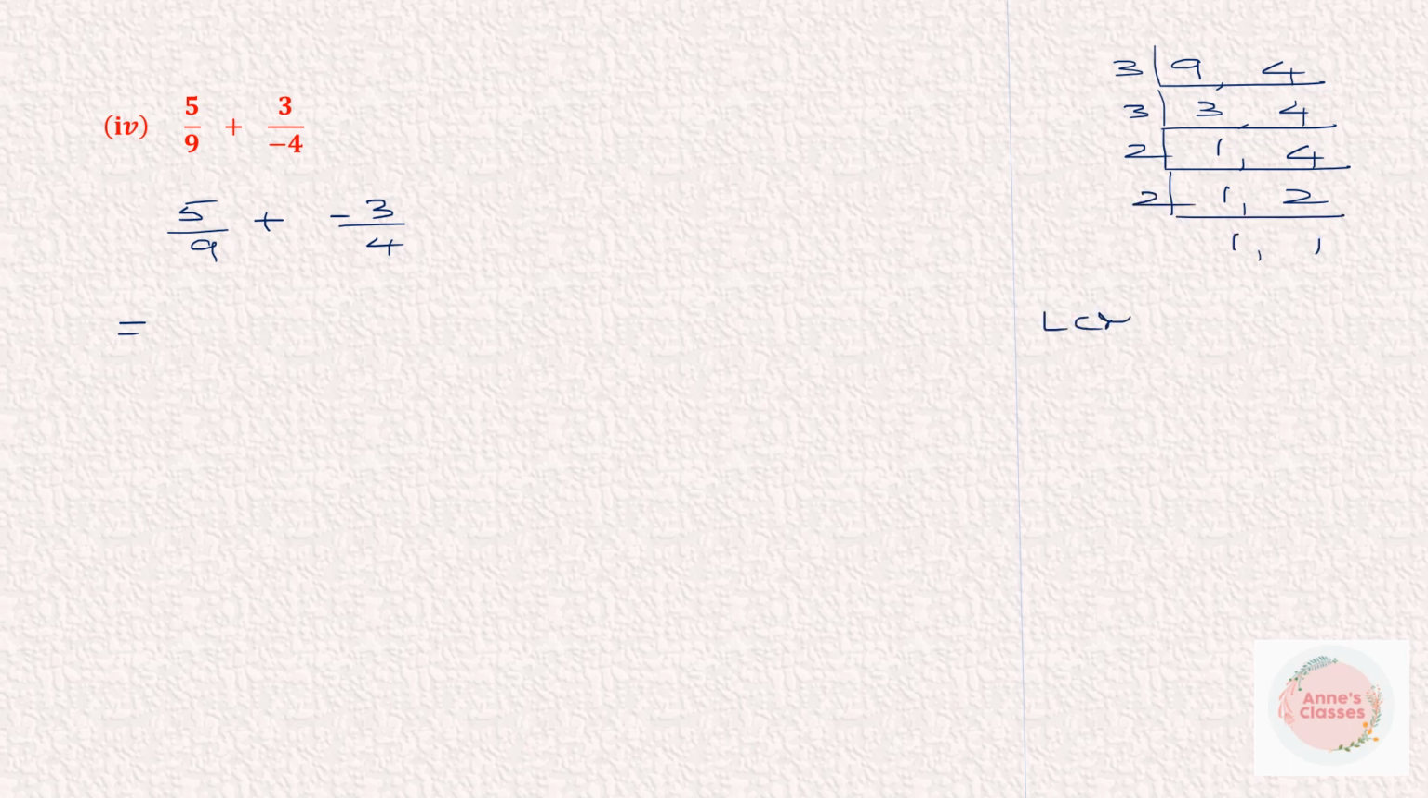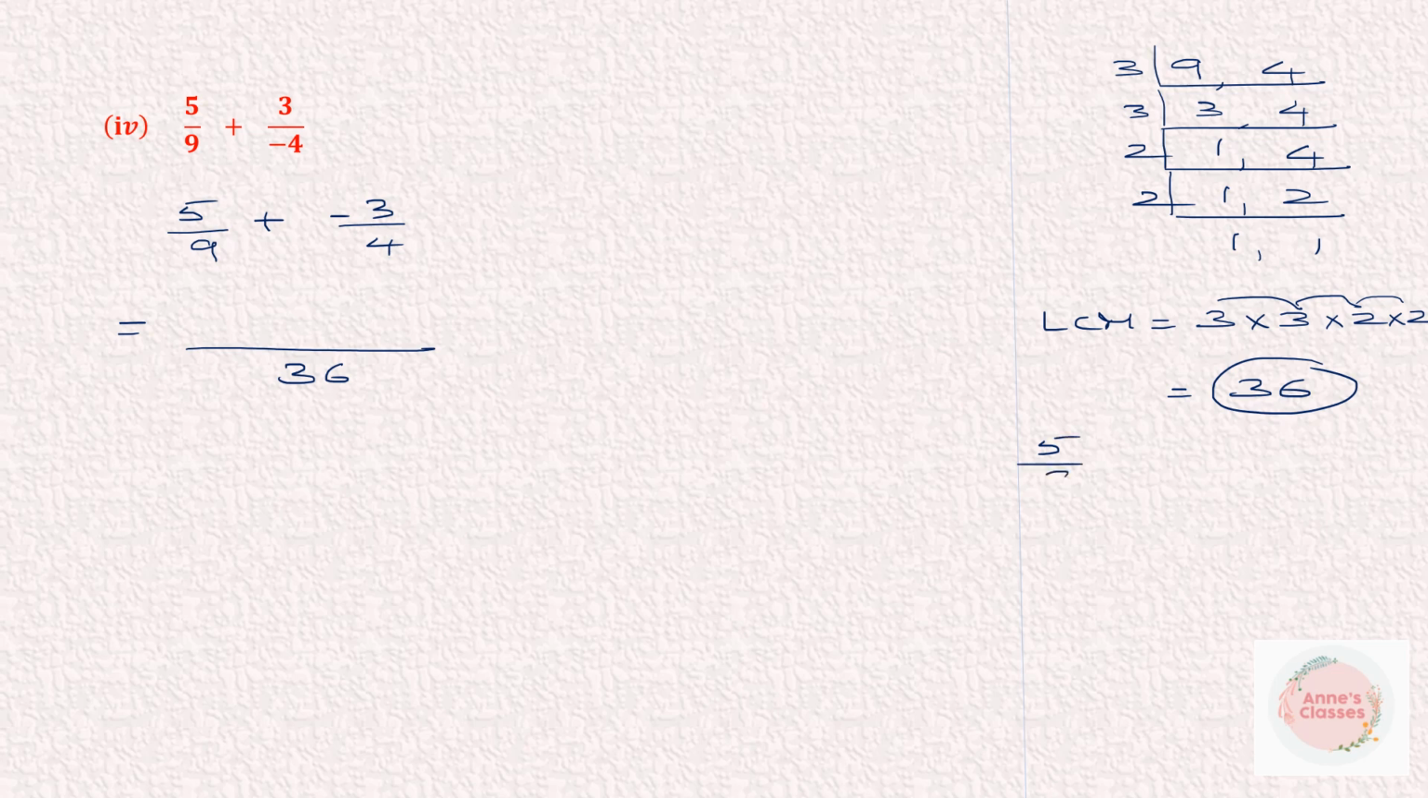So what is our LCM? 3 into 3 into 2 into 2. 3 3s are 9. 9 2s are 18. 18 2s are 36. So the LCM is 36. So let's use that as a common denominator. Take the first fraction, 5 by 9, multiply it with the LCM into 36. Now cancel, 9 4s are 36. Now multiply the numerators, 5 4s are 20. So we have our first